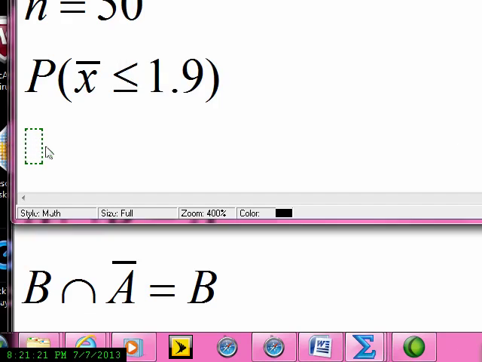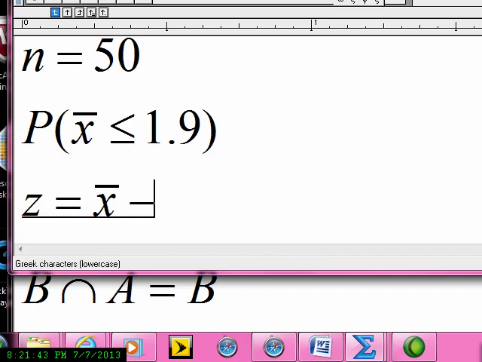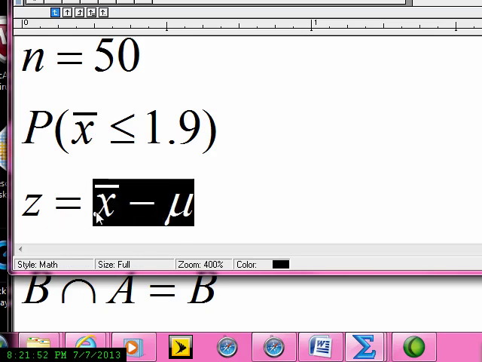All right, so let's capture the formula for the z-score when we have a sampling distribution. So this isn't one particular x value. This one here is a sample of 50. So it turns out z is equal to x bar minus mu. Actually, it's really mu sub x bar, but it's all good. Divided by